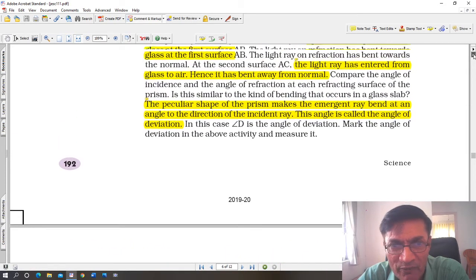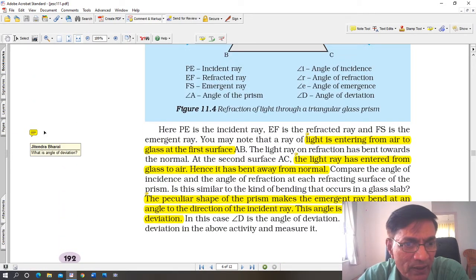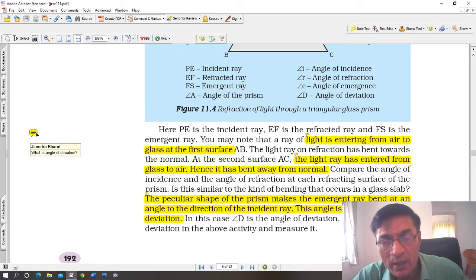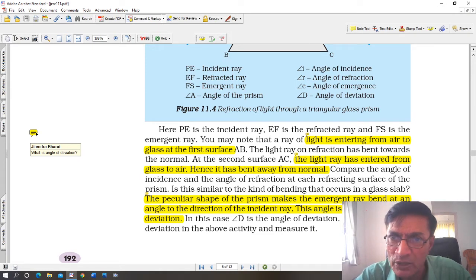I may have written a few questions out here. For example, here, what is the angle of deviation? All these questions and answers are also given in the PDF. But when you study from this PDF of the chapter, it's important to study with me and write these questions also. Make it a habit of studying the textbook. Some children simply do not want to read the textbook. They want ready-made digest or ready-made answers. They forget the most important thing, and the most important thing is the textbook. That's why I'm teaching you how to read from the textbook.